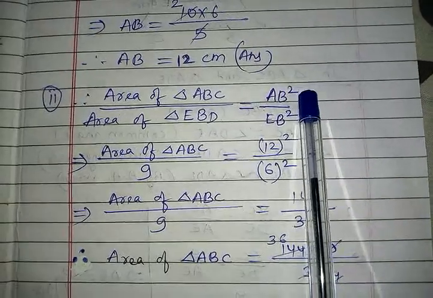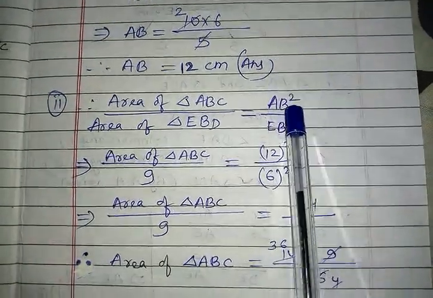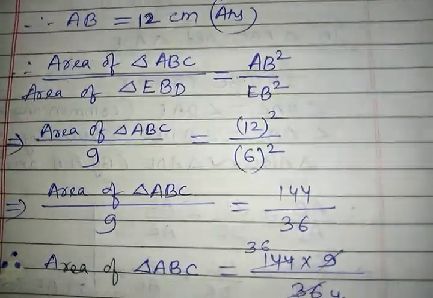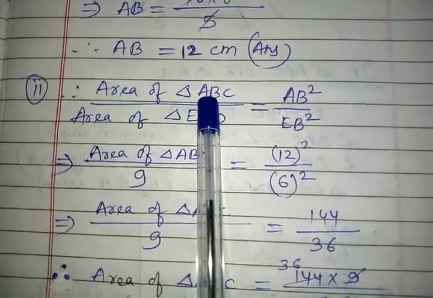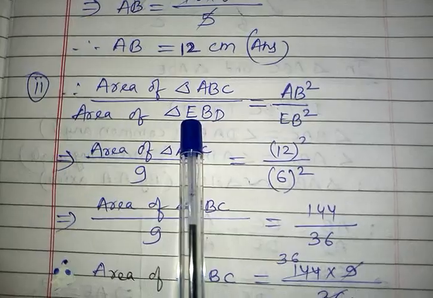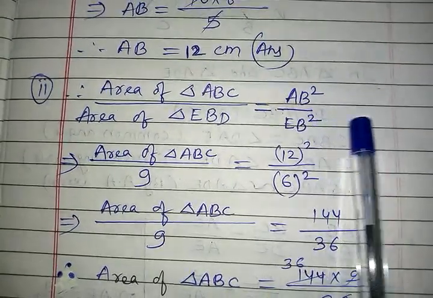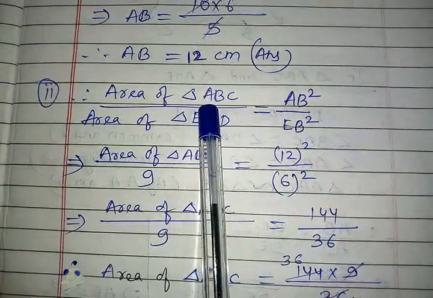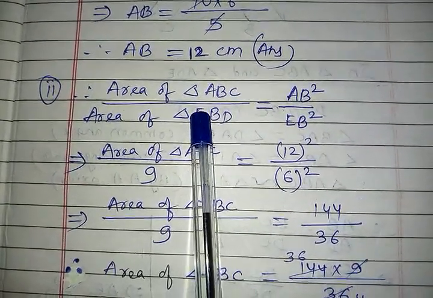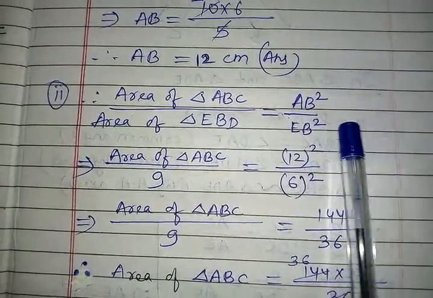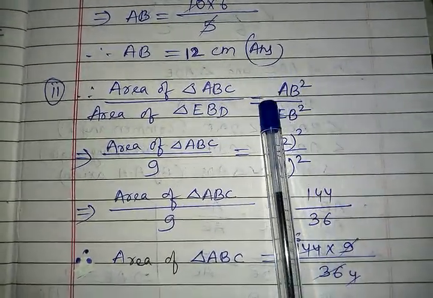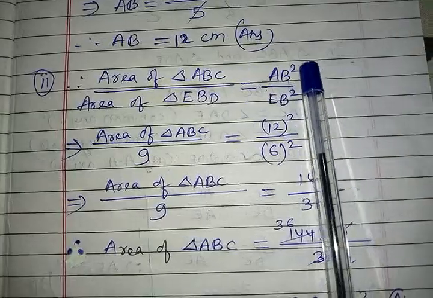proportional with its square, that means side squared, but I have used only 1. Why did I use 1? I am going to say that, because if I take AB square, I have to take EB square. I could also take BC square by BD square. I can also take AC square by ED square. But why did I not take those 2 more? Because I have got the value of both these sides.